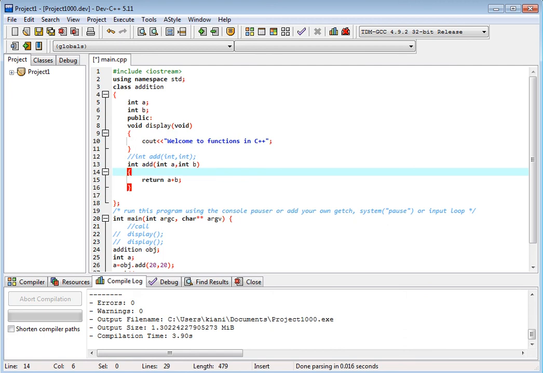We will do object oriented programming. This is one class, and this is the client main function, or client class or whatever. So we have only one class and two functions and two data members.